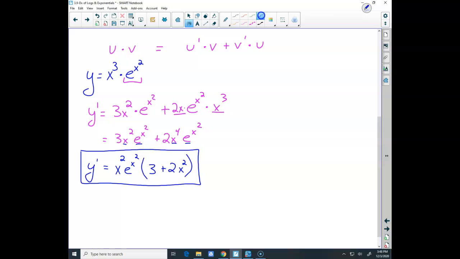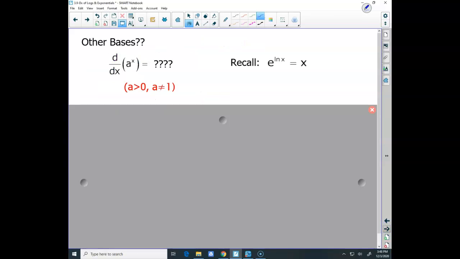And we're going to move right into derivative of other bases, okay? Other bases meaning not base e exponential functions. How do I take the derivative of those? Well, in order for me to find the derivative of those, I'm going to recall one of my inverse properties, where e to the ln x equals x. Well, what that really means is,